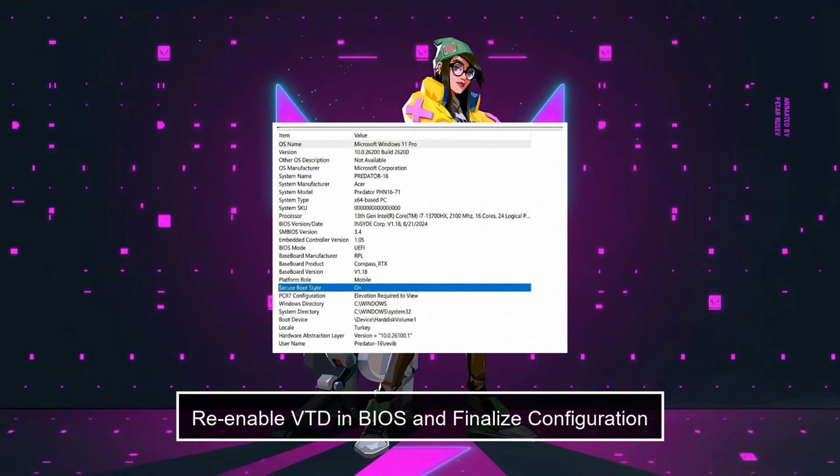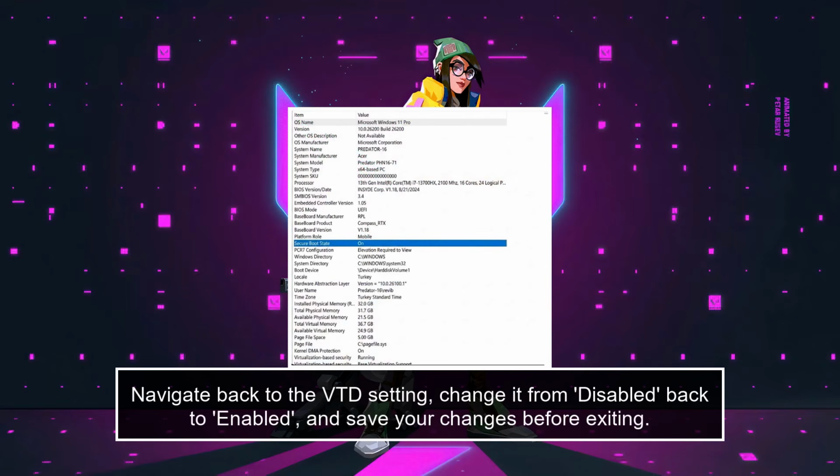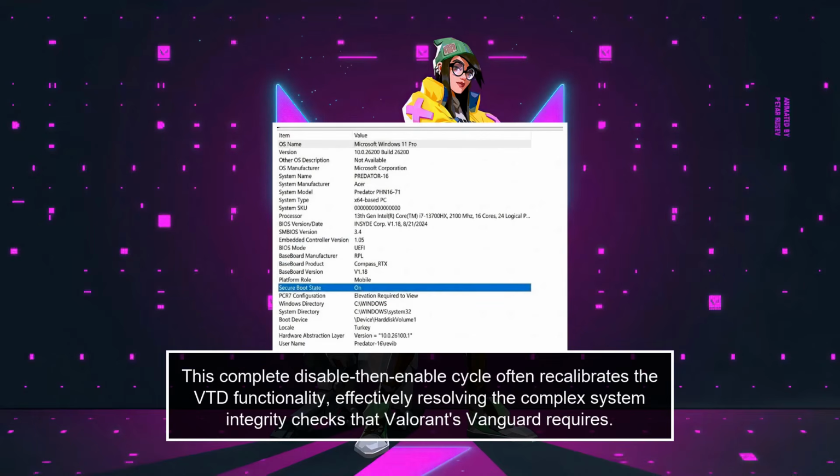Re-enable VT-d in BIOS and finalize configuration. Immediately upon the system reboot from the previous step, re-enter your BIOS/UEFI firmware once more. Navigate back to the VT-d setting, change it from disabled back to enabled, and save your changes before exiting. This complete disable-then-enable cycle often recalibrates the VT-d functionality, effectively resolving the complex system integrity checks that Valorant's